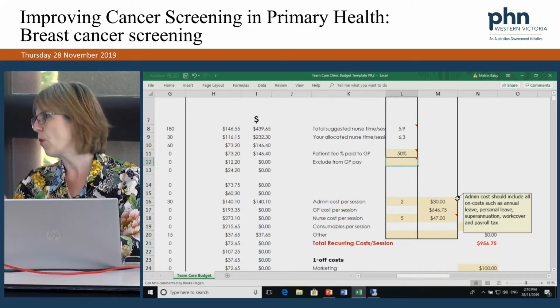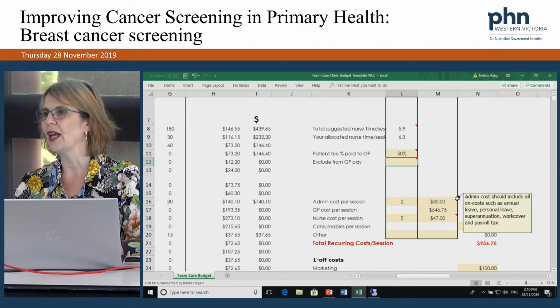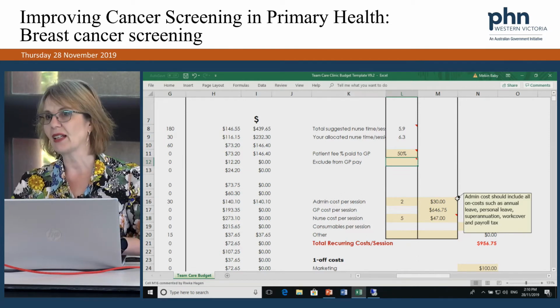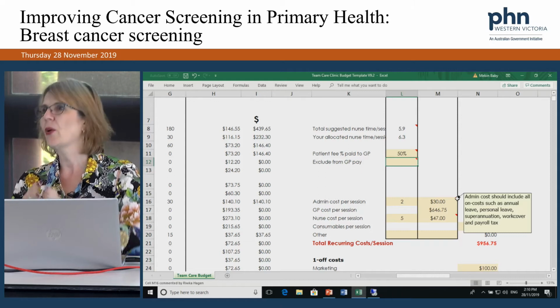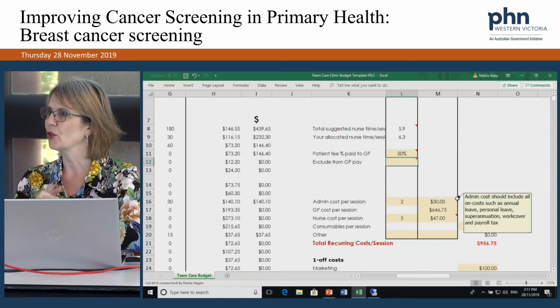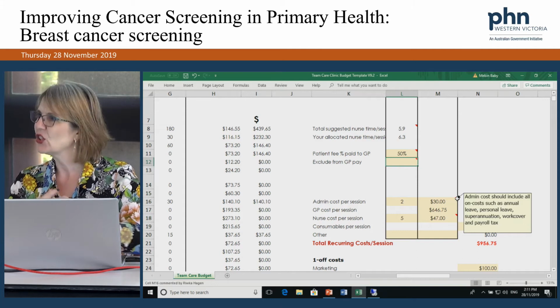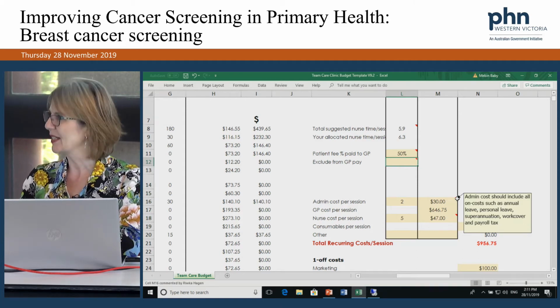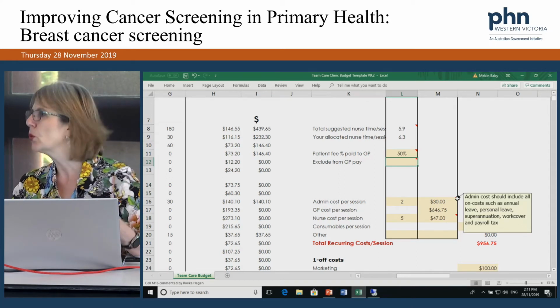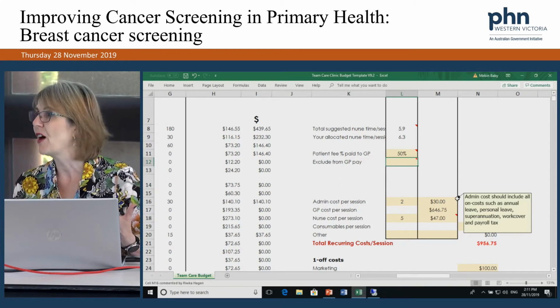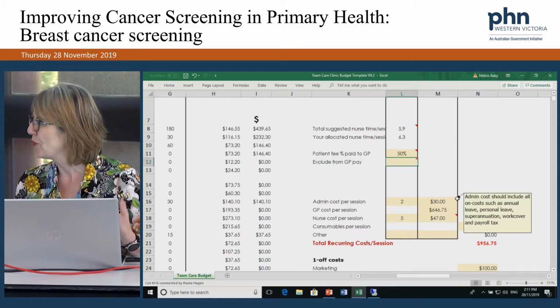And there's a little prompter there to say, when you think of the hourly rate, you need to think of that as the marked up version. So it needs to include superannuation, it needs to include leave entitlements. So the hourly rate is not the rate that your staff member gets paid, but what it translates out to when you include all of those on costs as well,